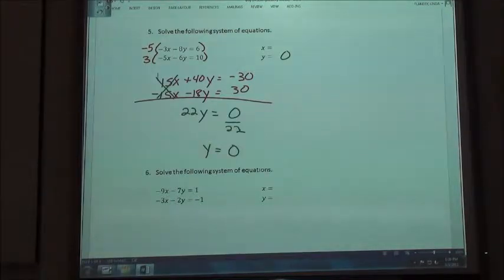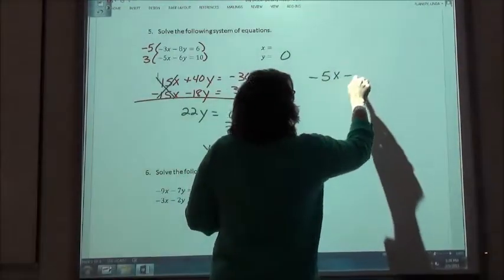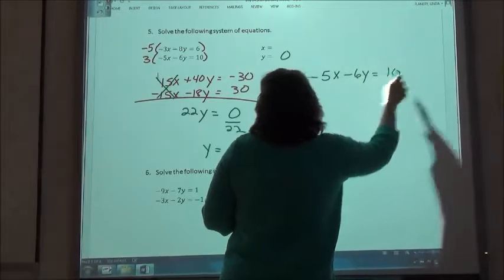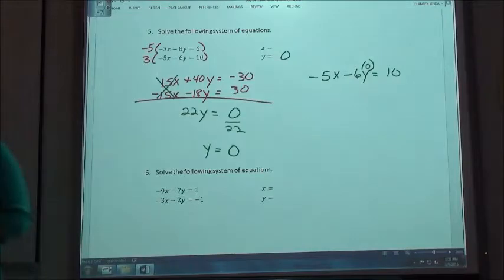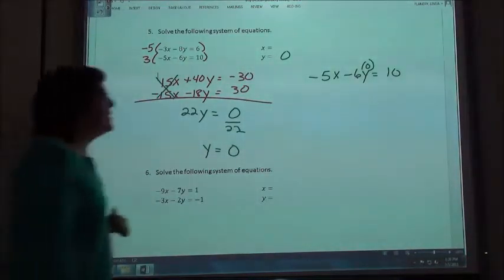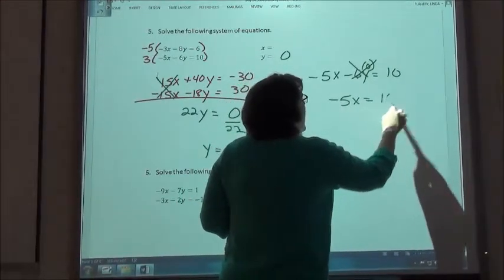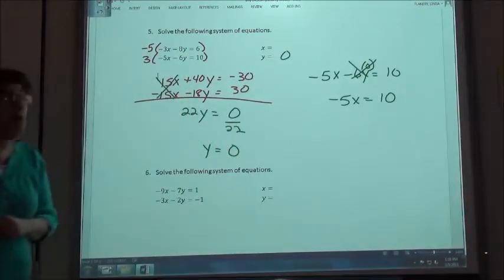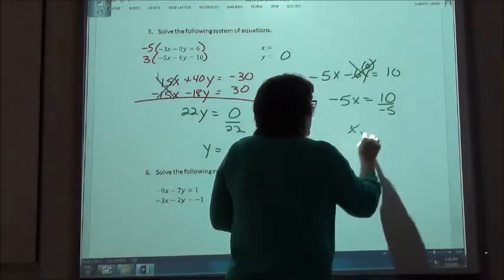So if I get an answer of y equals 0, I still need to go back and find my x. I can put it in either equation. Which one looks easier to use? Top or the bottom one? The bottom one? Okay, we'll put it in the bottom one. Negative 5x minus 6y equals 10. If y is 0, what happens when you do negative 6 times 0? 0. You get 0, that's basically just going to be gone then. Negative 5x equals 10. And then in order to solve that, we would divide by negative 5. So x is going to equal